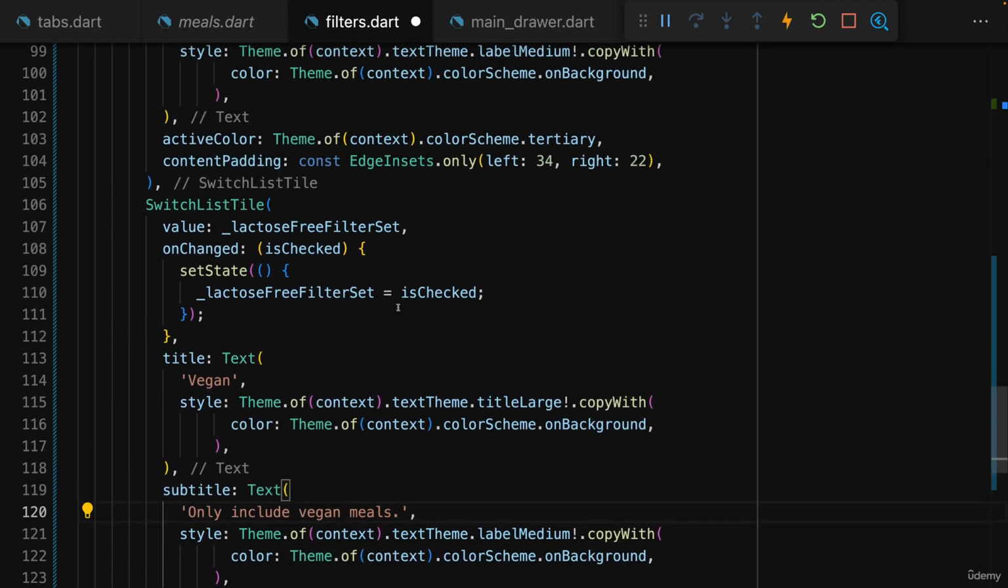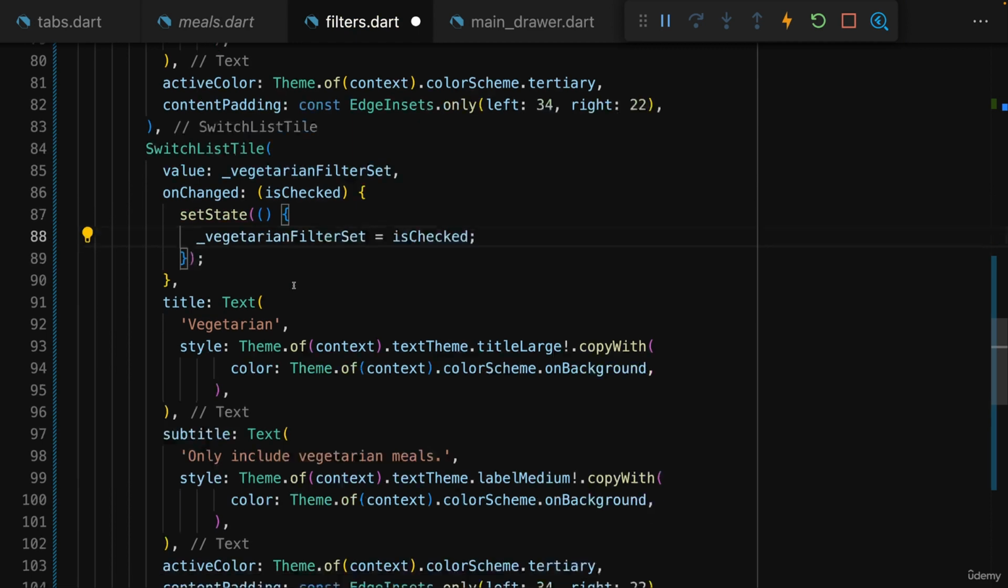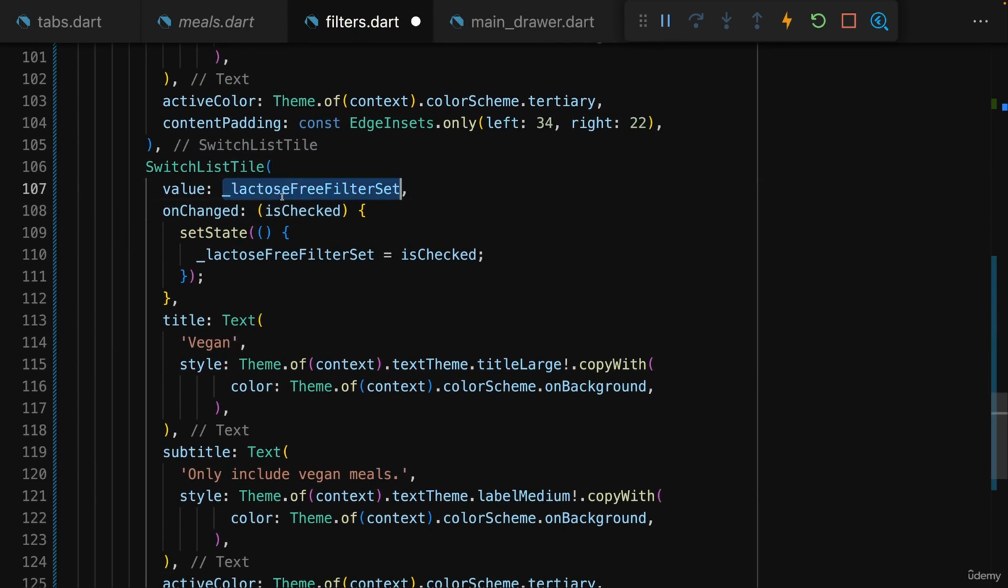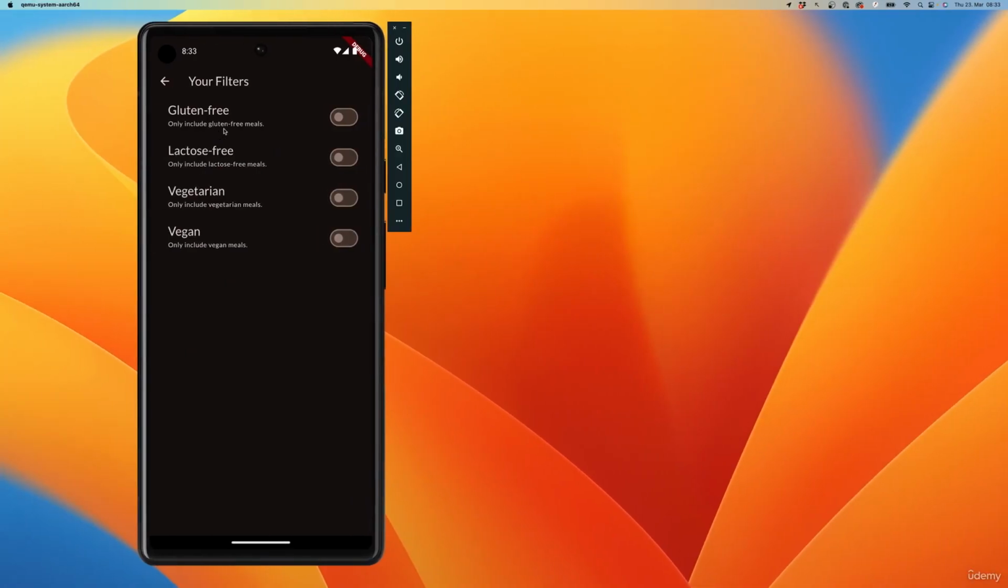And I also need to update those values and state updating functions. So for the vegetarian list item here, I refer to the vegetarian filter set and update that variable here. And for vegan, it's the vegan filter set, which is also updated here. Now with that, we should actually see all these options here. If I go to filters, yes, and all these options work independent from each other, which is of course quite